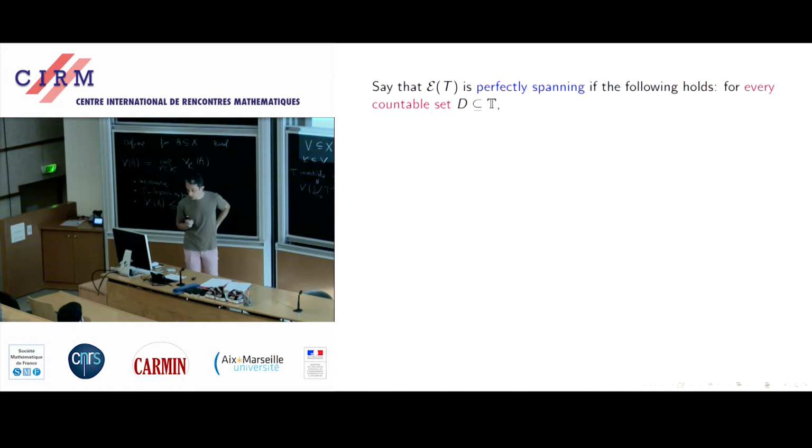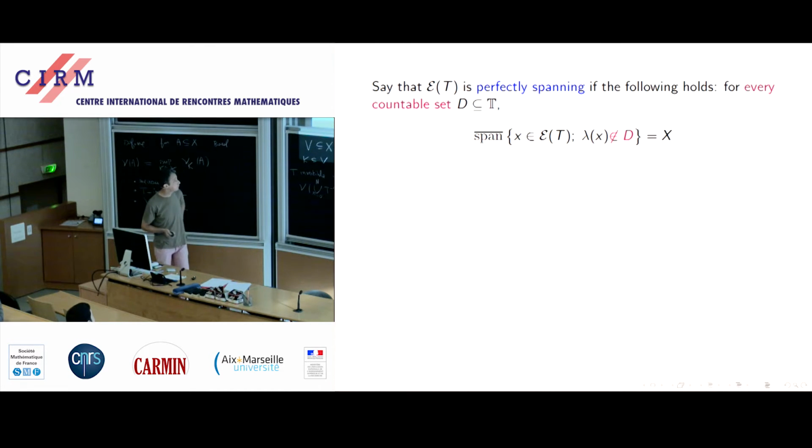So if you take any countable set D in the circle, and you look at the eigenvectors whose eigenvalue does not belong to this set, so you remove them. After all, it may be quite a big set of eigenvectors. Okay, still countable, but I mean the number of eigenvalues is countable, but still the set of vectors may be big. And if you remove this countable set of eigenvalues, then you still have enough to span the whole space. Okay, so this is the definition. And now there is a